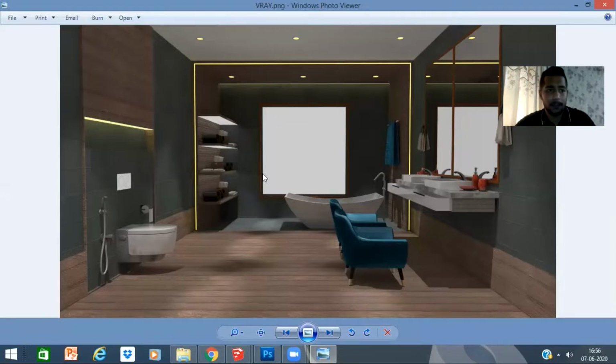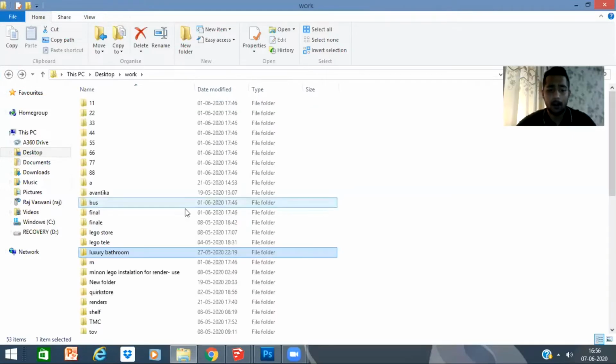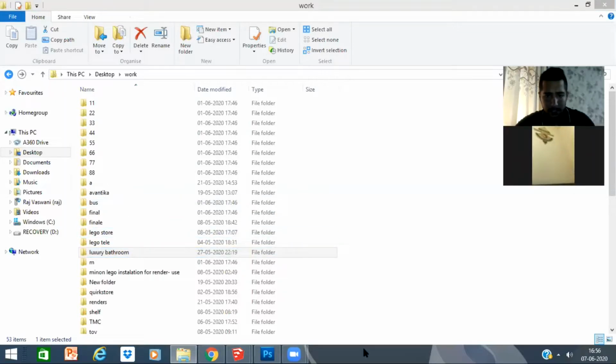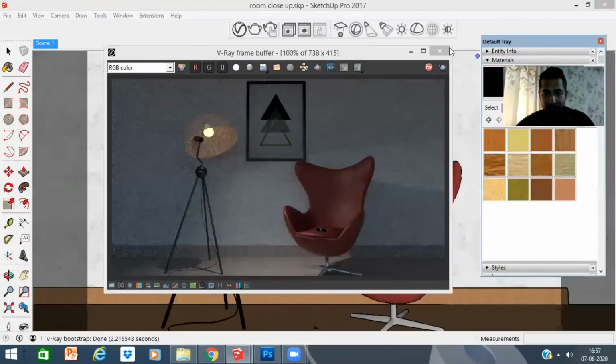So this is going to be one of the projects as well, guys, with all the lightings, cove lighting as well, and all of those other lightings will be covered. Now, so let's get back to our render and just see that. So you guys can see that render taking place.